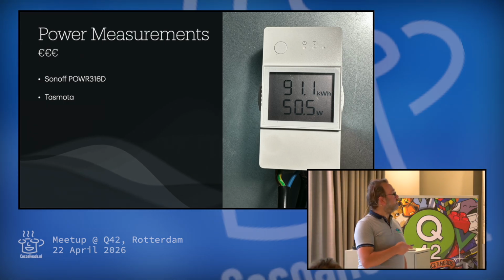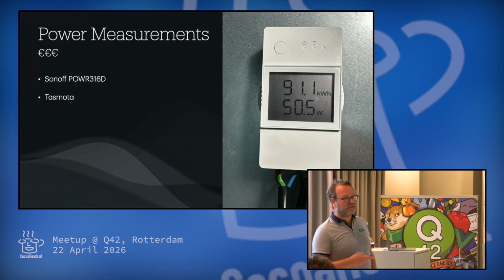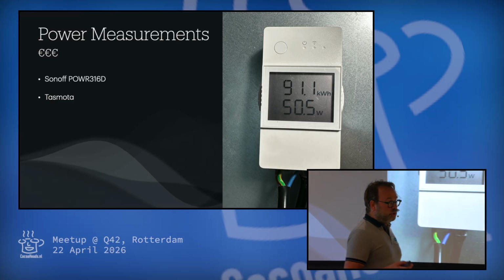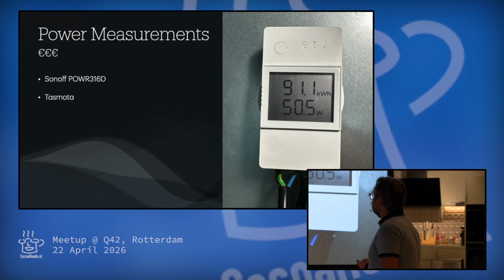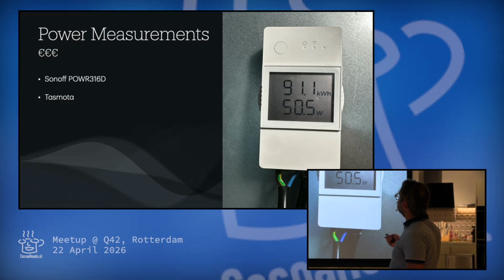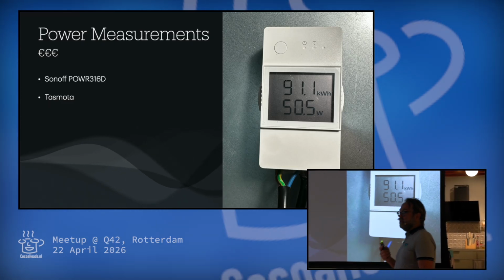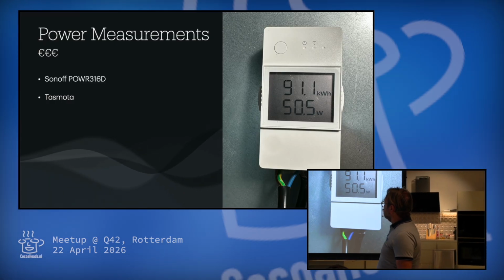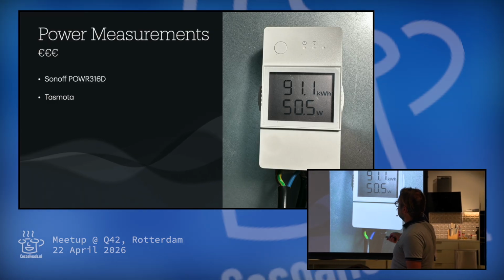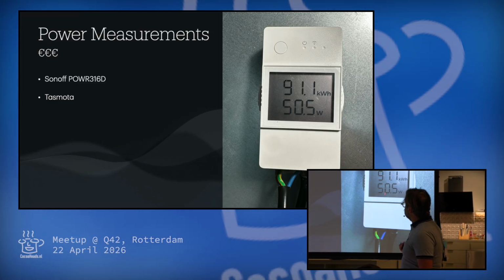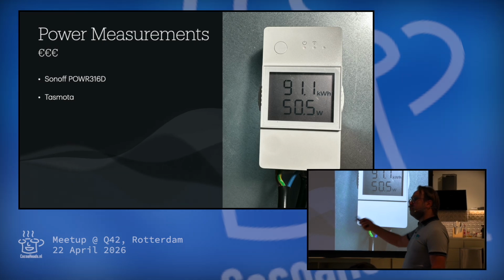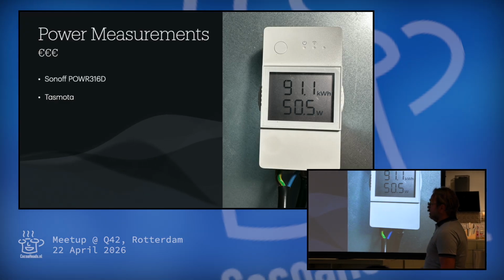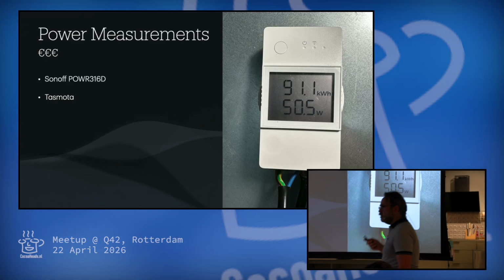The nice thing about this one is you can run open source firmware on it. You can flash it with Tasmota, and Tasmota is an open source IoT device firmware for really thousands of things, switches, lights that you can get on AliExpress and on Amazon and all the other stuff. Even this device with the display and the fancy features is supported by Tasmota, and you can send all these measurements through a central server using MQTT, or you can interrogate it with HTTP. It even has a telnet interface, I believe, but I switched that off.